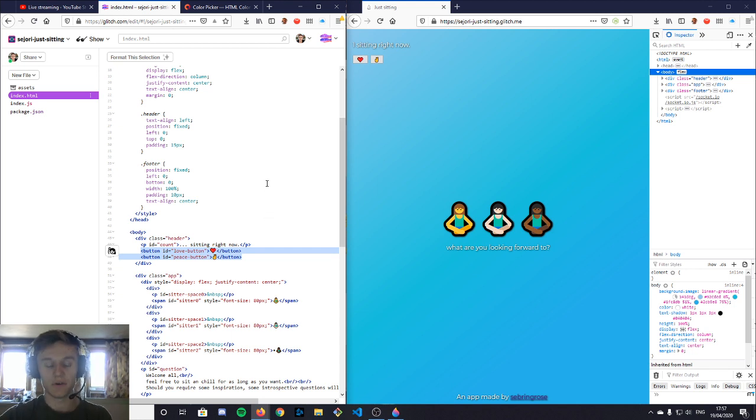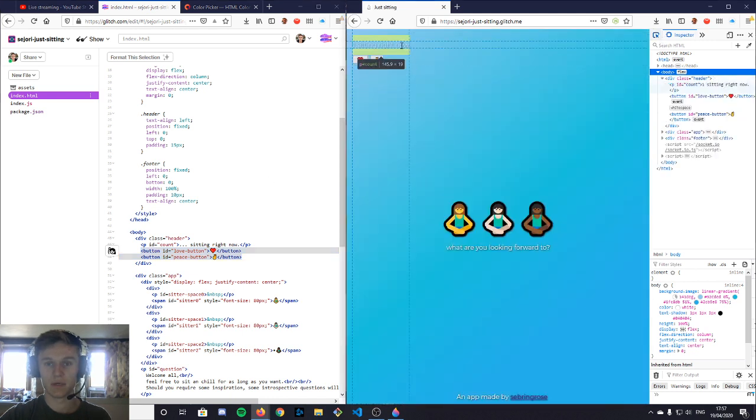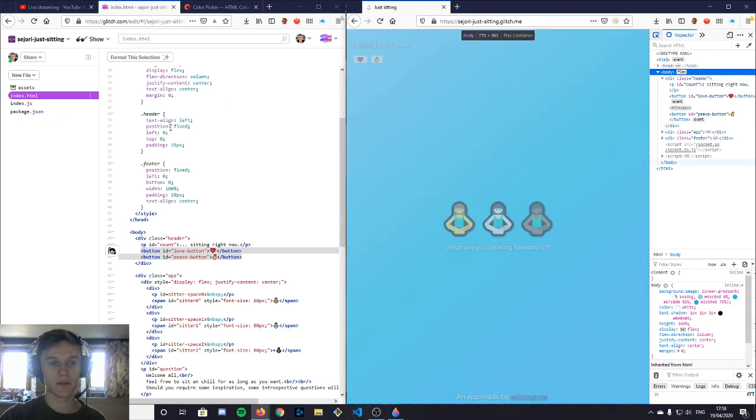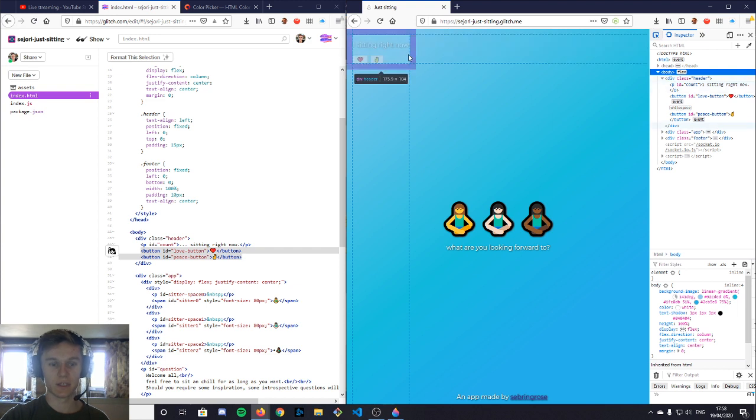A P will fill the width of a div, so you can see the P. Actually, the P is basically defining the width of the div because we haven't set the width of header. Therefore, P, being as wide as it needs to be for the text, will just set the width of the div. But the buttons have their own width, and buttons by default